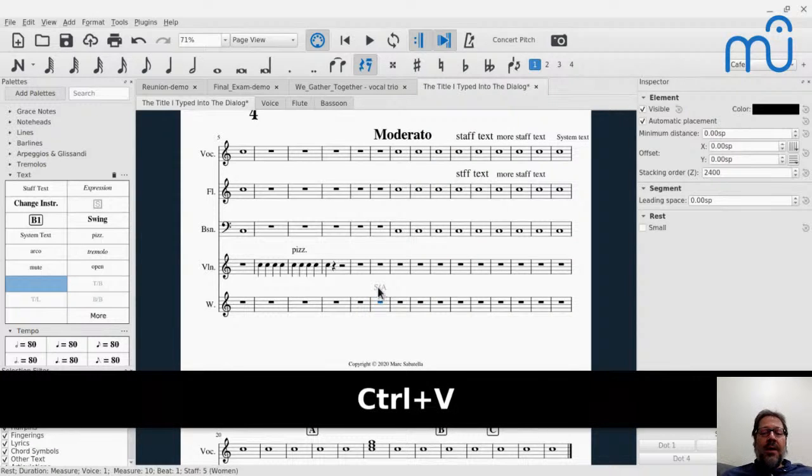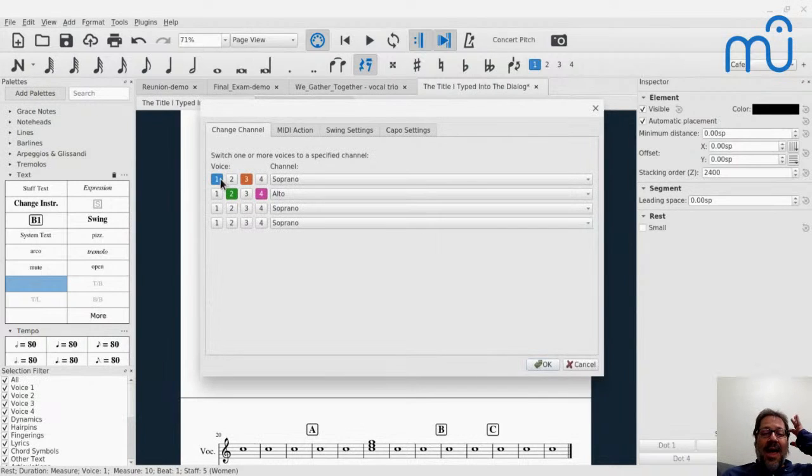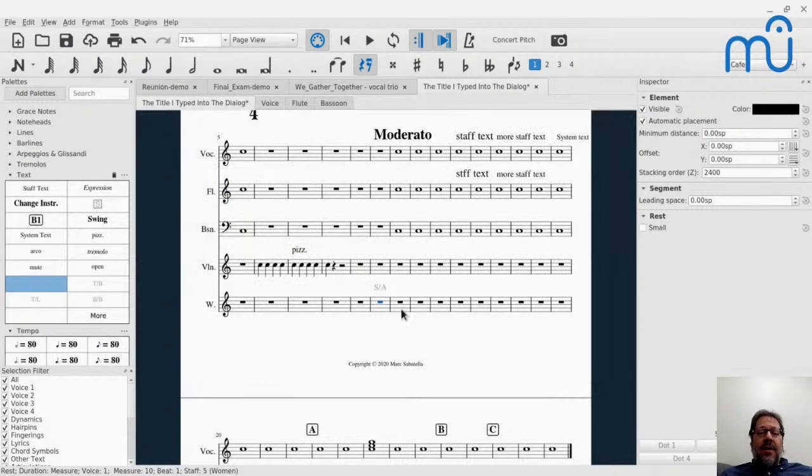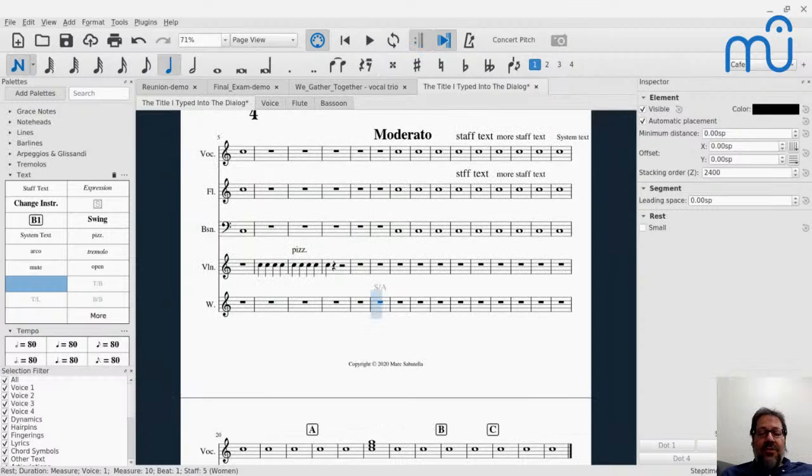And now, when I click this text, right-click it, look at that. Oh, wow, that is so cool. It set voices 1 and 3 to be soprano and set voices 2 and 4 to be alto. That's kind of cool. And so then what that would allow me to do, let me change, I accidentally changed it to soprano. Just get out of there. So then I can have, let's check this out.